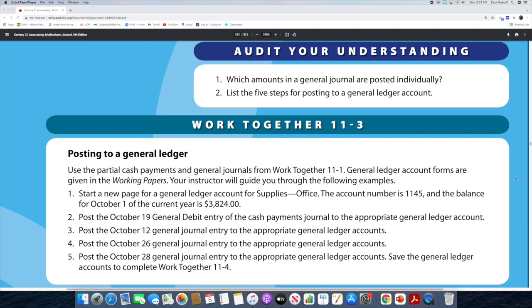ledger. So the instructions say, use the partial cash payments and general journals from work together 11-1. General ledger account forms are given in the working papers. Your instructor will guide you through the following examples. Number 1. Start a new page for a general ledger account for supplies-office. The account number is 1145 and the balance for October 1st of the current year is $3,824. Number 2. Post the October 19th general debit entry of the cash payments journal to the appropriate general ledger